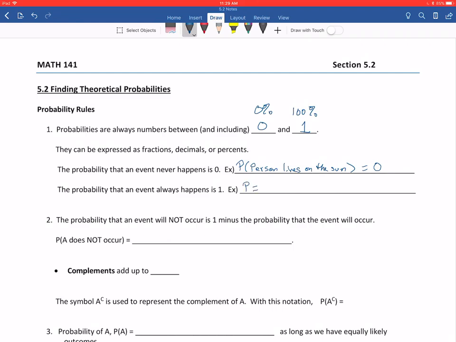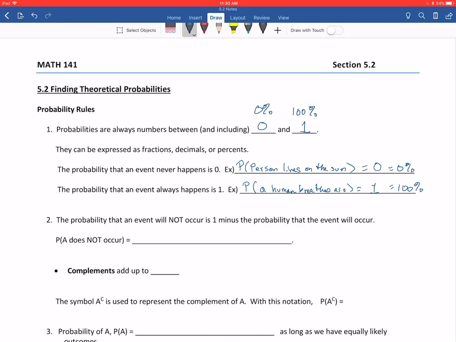And then there's the other extreme. The probability that something would always happen would be 1. It's P parentheses, the probability. Think of something that is absolutely for sure going to happen. So my silly example is a human breathes air. That would have a probability of 1. And I'm sure you can come up with your own fun cases for 0 and 1. Again, that's the same thing as 0% or 100%. And everything else should fall somewhere in between there.